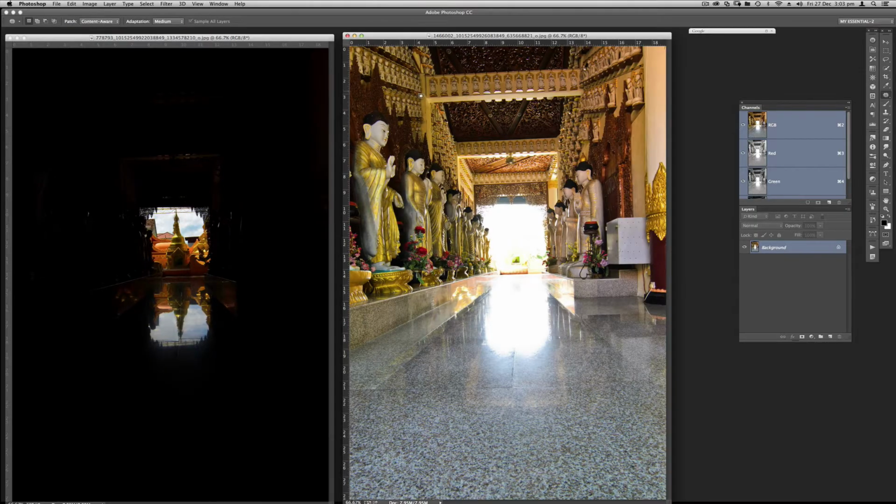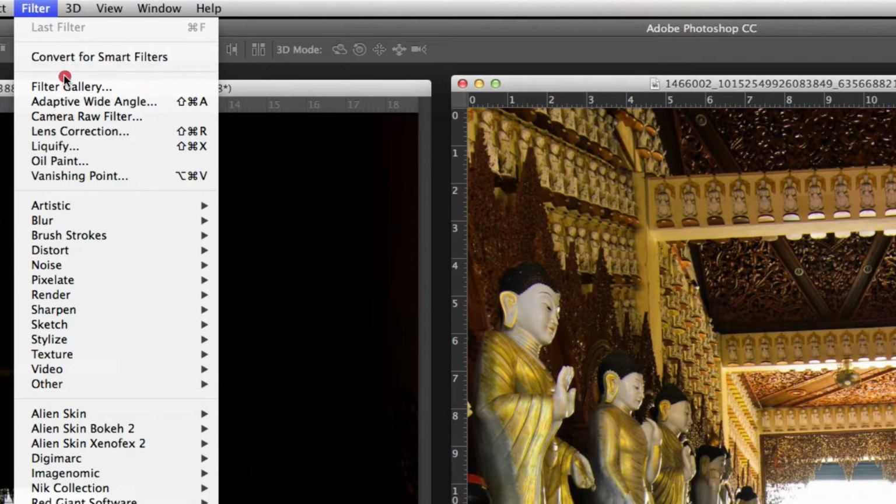Okay, as we all know, this is a walkthrough video, so I won't call it actually a tutorial. Okay, I have opened the image into camera raw